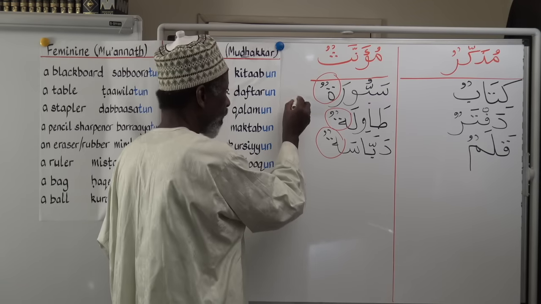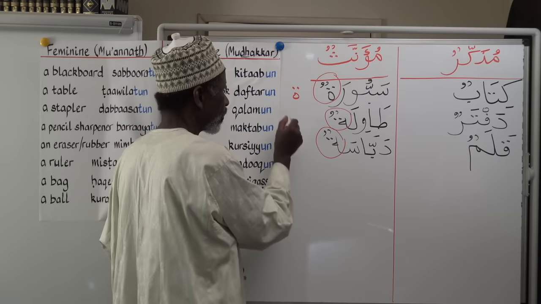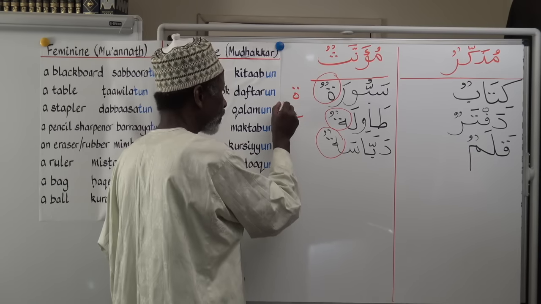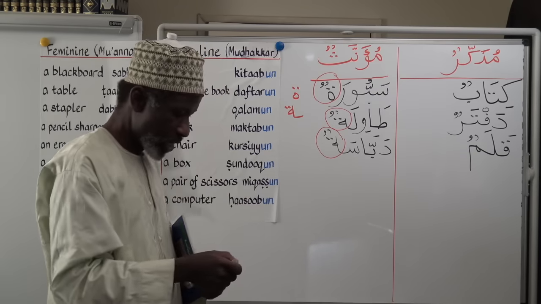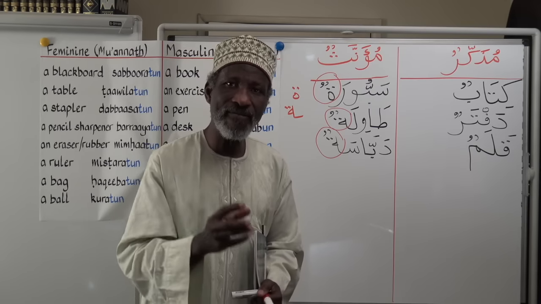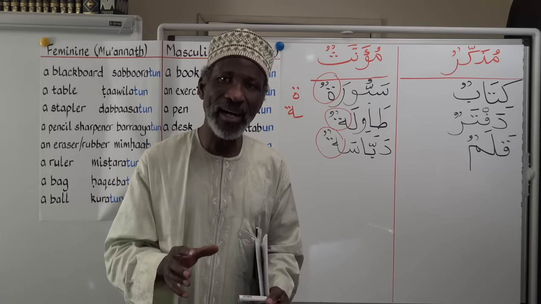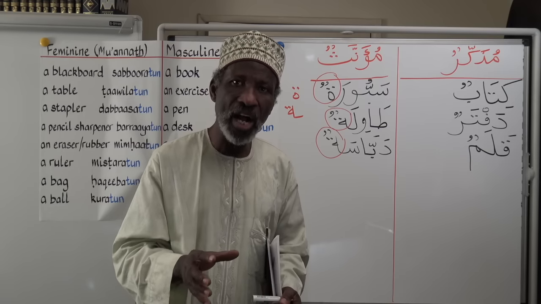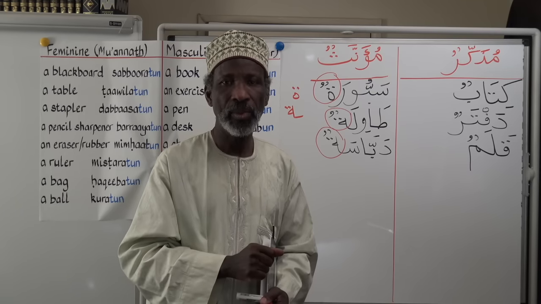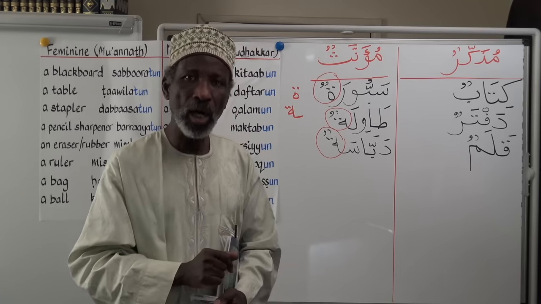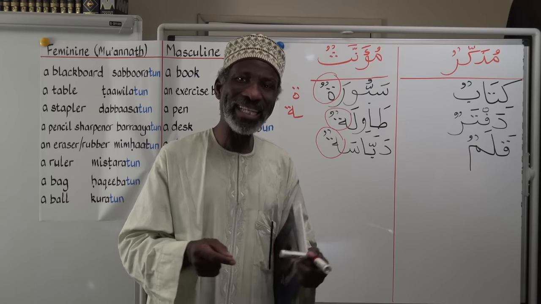So one is this shape and the other one is this shape. That's a huge and very important sign to identify the gender of a noun. Ta marbuta means tied up ta,